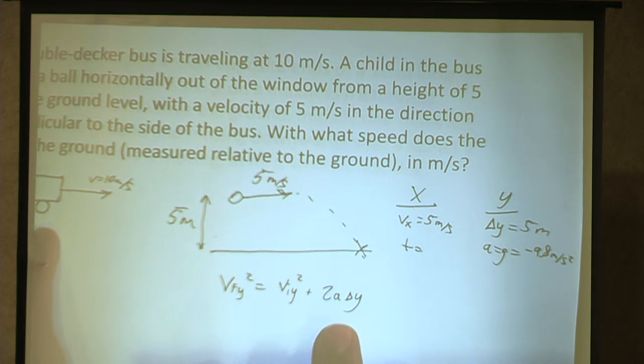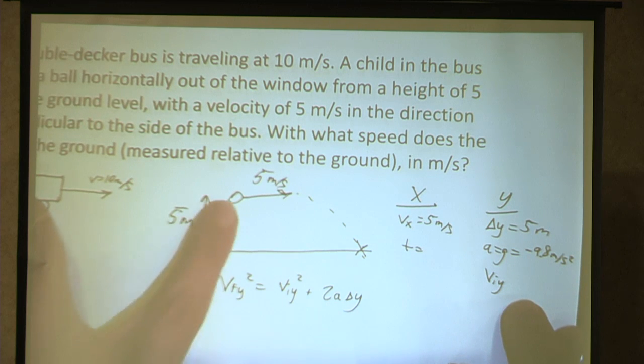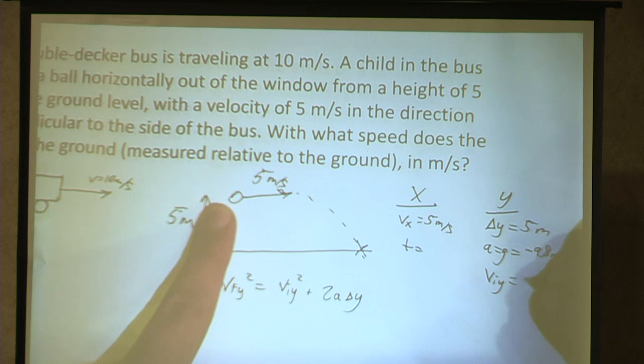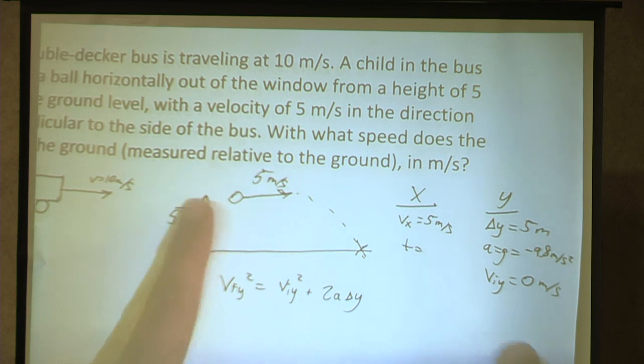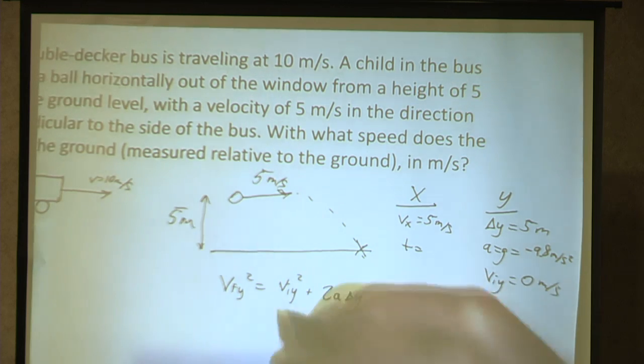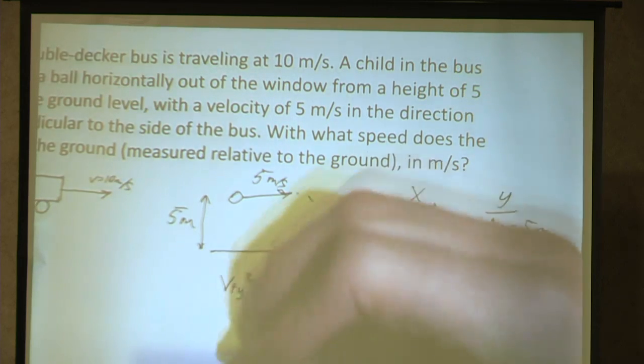Okay, something like this. They might use h instead of delta y, but it's all the same. There's one thing that I didn't write down that I should have. What is the initial velocity in the y direction for this ball? 0. It's 0. Okay, so back to this equation. We know that's 0. So plugging in